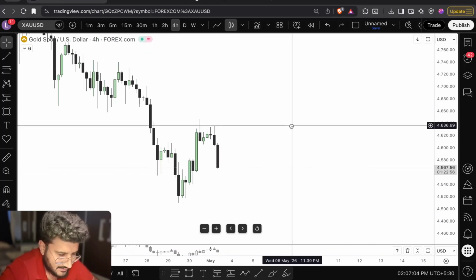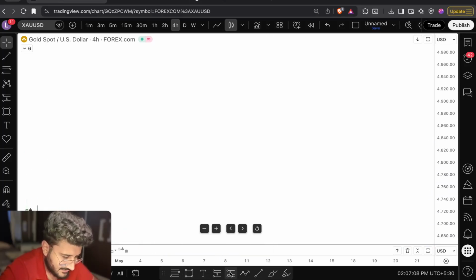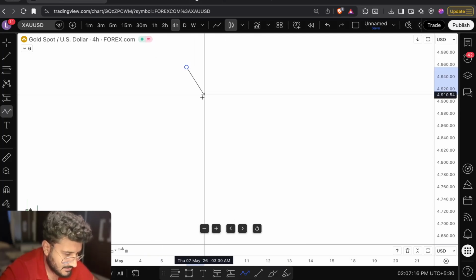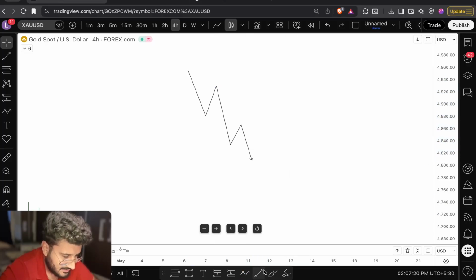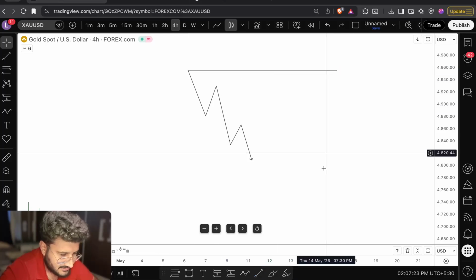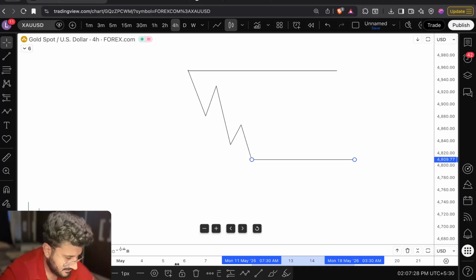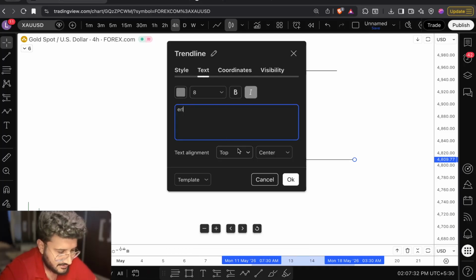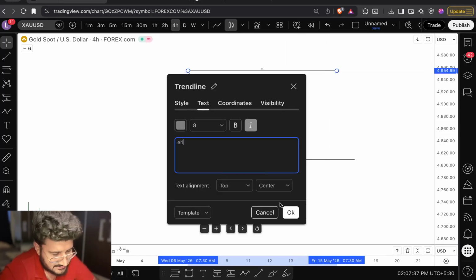So yeah, let's start from the basics. I hope you guys know what is liquidity, what is internal range liquidity, what is external range liquidity. If you don't know, let me quickly summarize it. In the market, there is a range, right? In a range, there is a high and a low. So this is my range low and range high. This will be my external range liquidity. Let me write it down, ERL as external range liquidity. This is also my ERL.